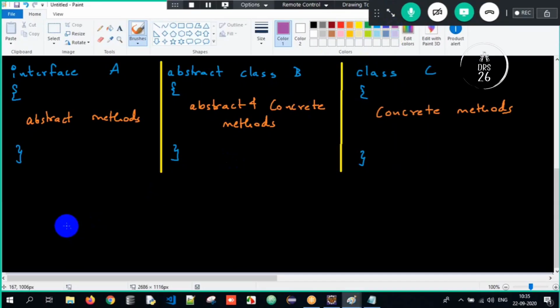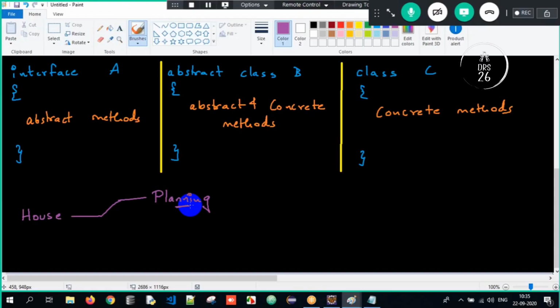Now imagine, guys, you are trying to construct a house. First you have a plot. First, what will you do? You will just plan. You'll do only planning. So you have a plot and you want to construct a house. So what will you do? You'll do planning. Ground floor basement used for parking, first floor 1 BHK, second floor 2 BHK, third floor terrace garden, fourth floor some kind of blah blah blah. You'll do only planning.